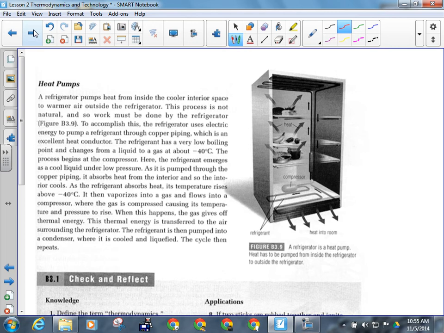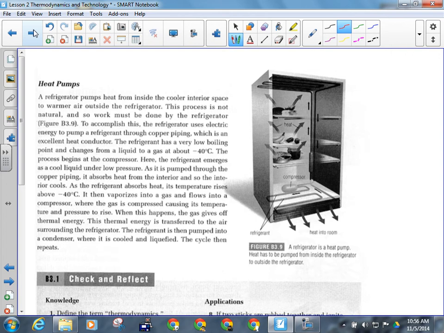Okay? So your food transfers heat to the coolant, and the coolant changes from a liquid to a gas. Then the gas goes down to the compressor, and the compressor forces it back into a liquid form, and the heat comes out. Okay? All the heat that it absorbed in changing state from liquid to gas comes out, and the fan blows that heat into the surroundings. Okay? Are the surroundings warmer than the inside of the fridge? Yeah. We're forcing heat to go the wrong way, but we got to use a lot of energy in order to do it. Okay? Your refrigerator is the single largest consumer of electricity in your home,